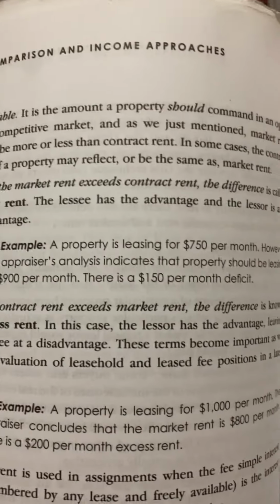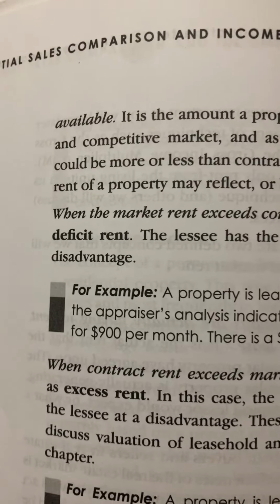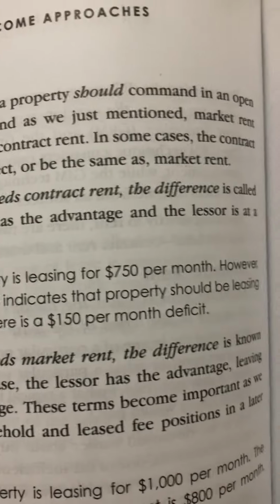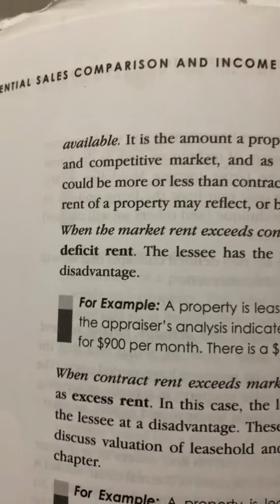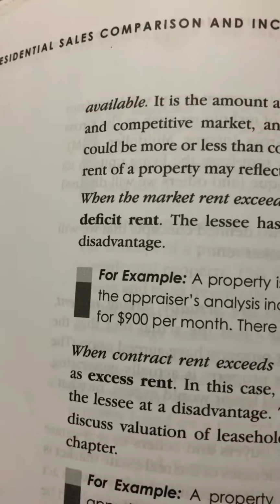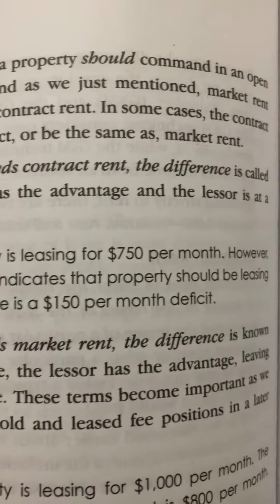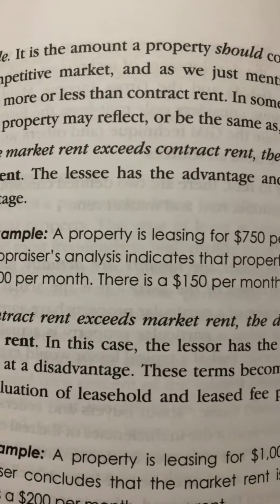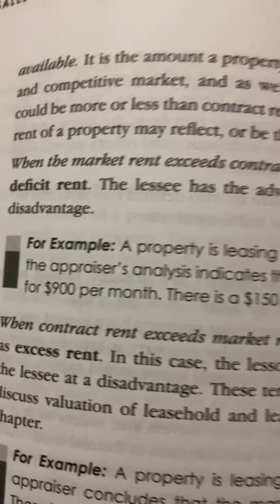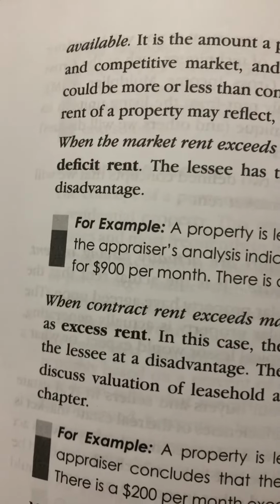Residential Sales Comparison and Income Approaches, page 158. Available. It is the amount a property should command in an open and competitive market. And as we just mentioned, market rent could be more or less than contract rent. In some cases, the contract rent of a property may reflect or be the same as market rent. When the market rent exceeds contract rent, the difference is called deficient